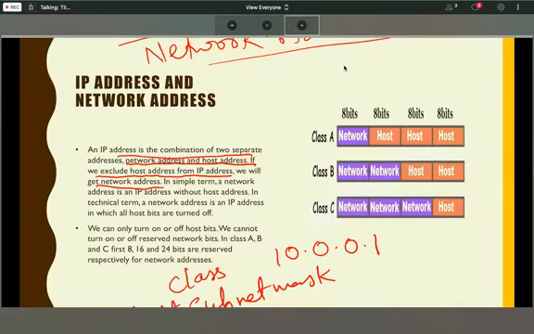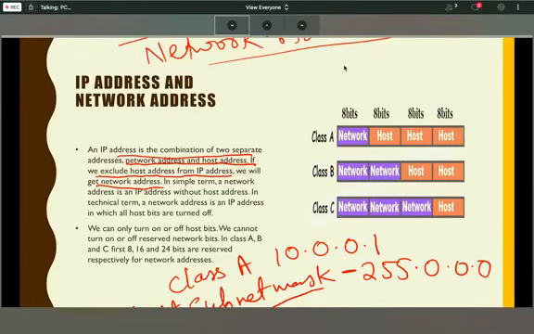No. See, the default subnet mask of class A is 255.0.0.0. Yes, exactly, the default subnet mask.